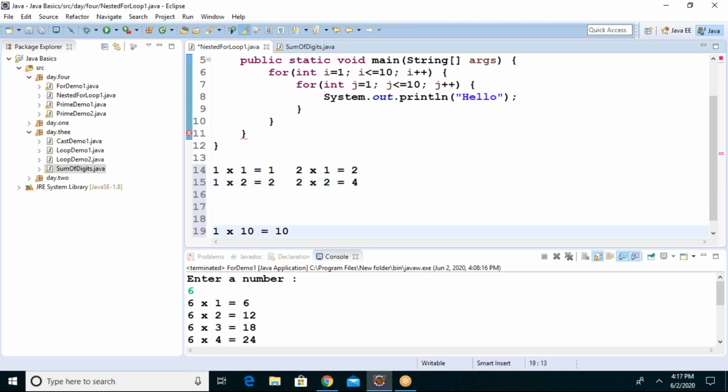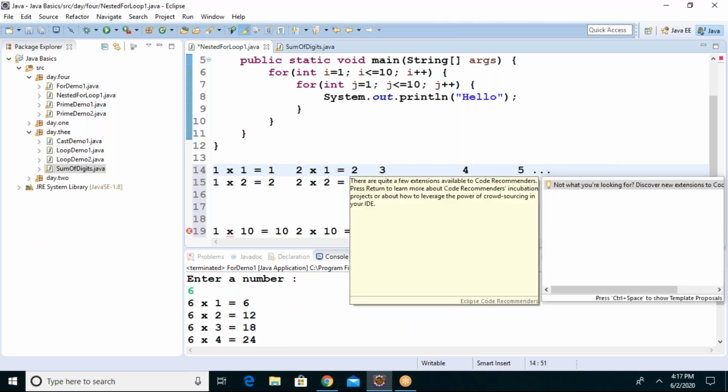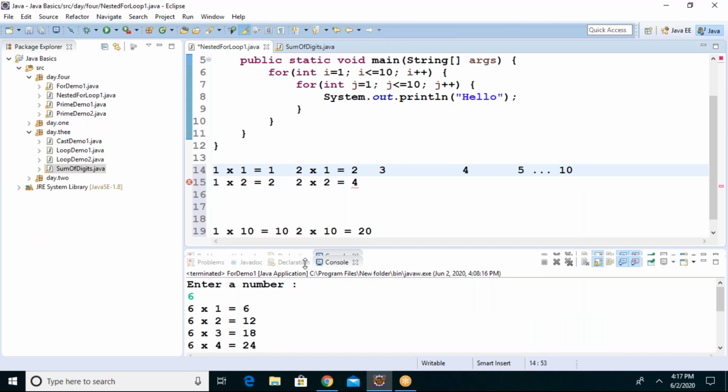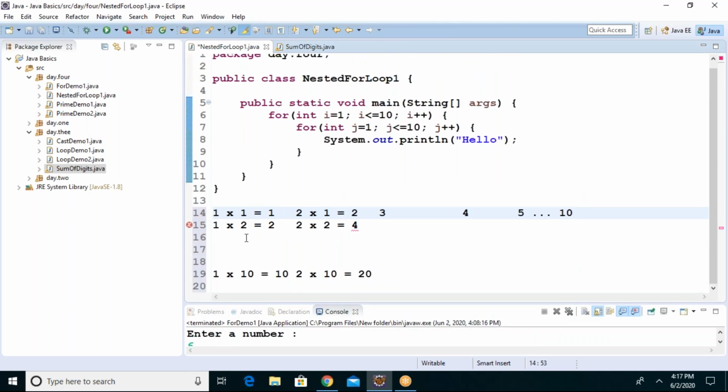Similarly 2 10 is 20. Then 3, then 4, then 5. Like that I want to print 3 table, 4 table, 5 table, and so on, the 10th table I want to print like this. Guys, can you tell me, is it possible with one for loop, printing from 1 to 10 tables?